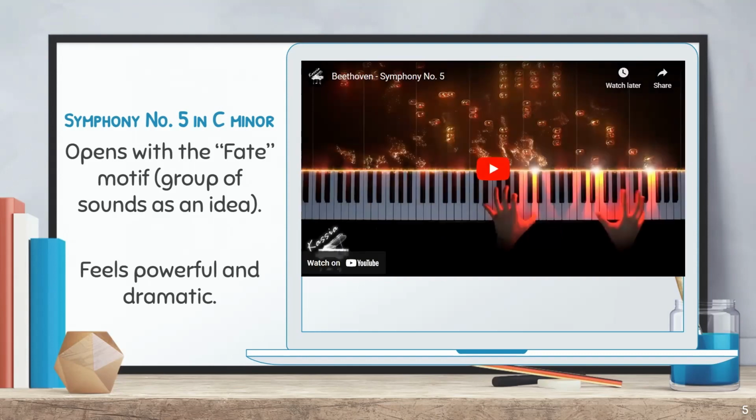Hey, awesome. So that specific motif, again, that group of sounds as an idea, is used in a lot of movie